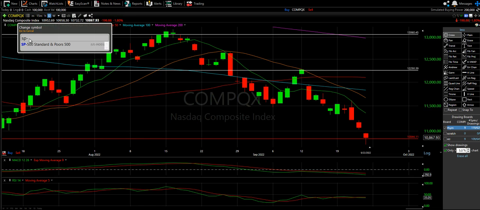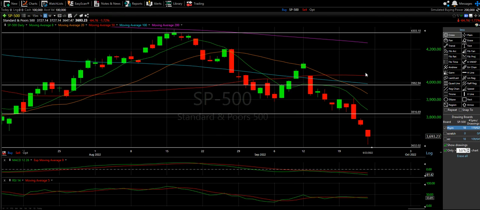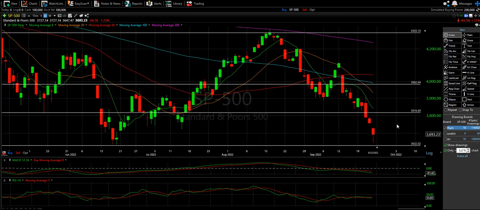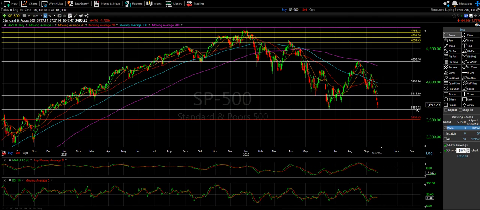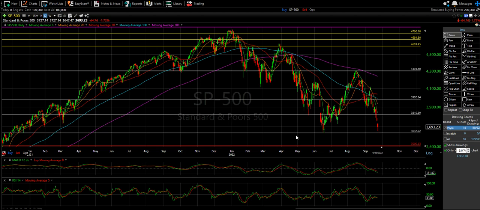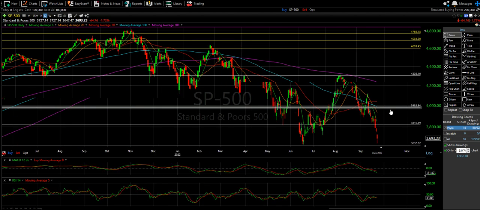Let's get over to the S&P 500. So on the S&P 500, what I actually did was I colored one of my previous lines. So this upcoming line does not look like the death line. I actually think it's the one underneath, and I will show you why. Unfortunately, it's kind of an ugly zoom in order to see it, but let me zoom in a bit.